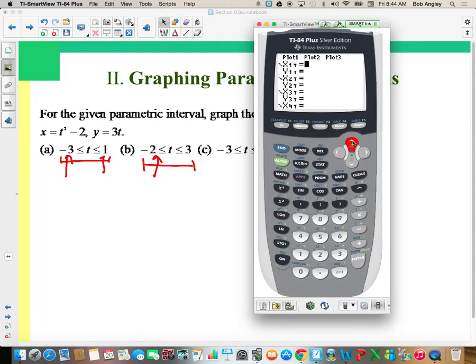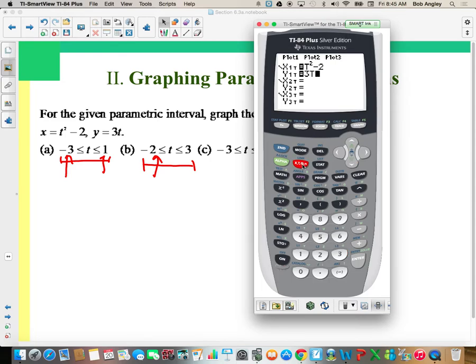Okay, now, would you type in that first equation, x equals t squared minus 2. So go to the variable key and touch it, and notice that when you touch it, it gives you a t instead of an x. It's called the variable key because if we're in function mode and you touch that key, it's going to give you an x. If you're in parametric, it's going to give you a t. When we learn about polar, it'll give you a theta. All right, so we want t squared, and then right arrow to get back down to normal stuff. Minus 2. Now down arrow, and then just put in 3t